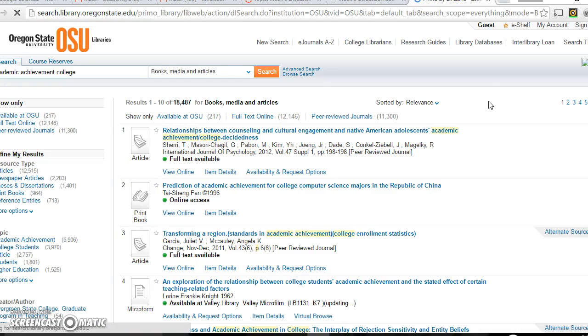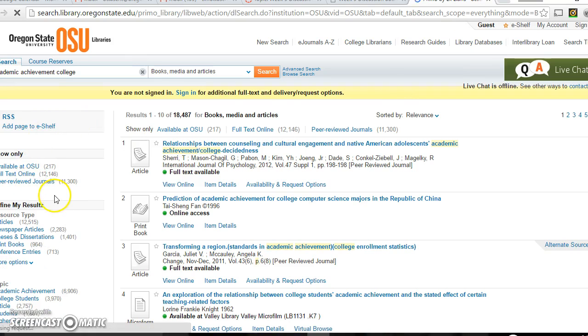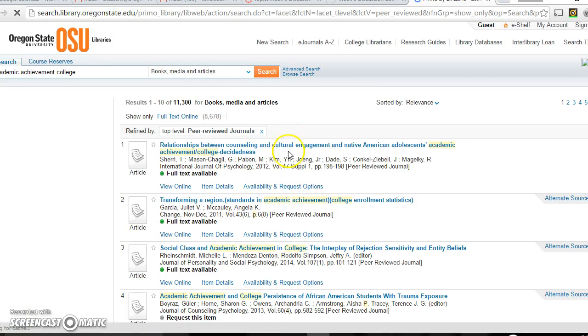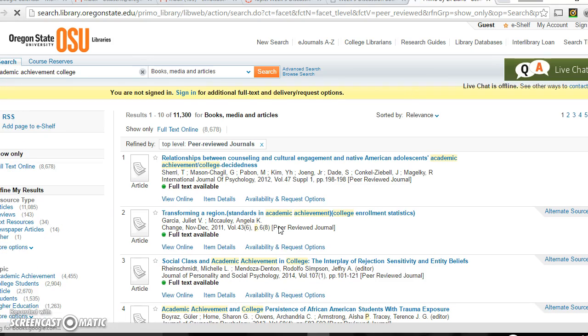I just want to show you this cool feature: on the left-hand side of the results page is an option called peer-reviewed journals. If you click on that, it filters, and all these results are peer-reviewed journals. So anything you see here, you know is a peer-reviewed journal, so you know you're getting a correct type of